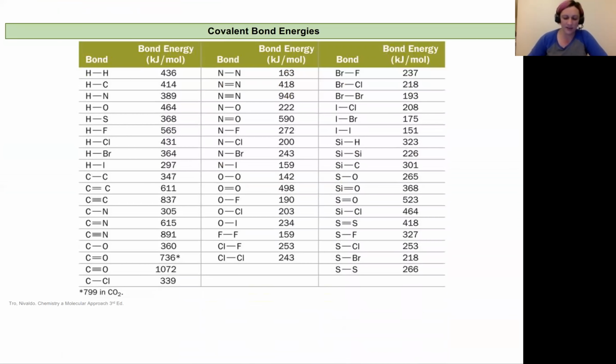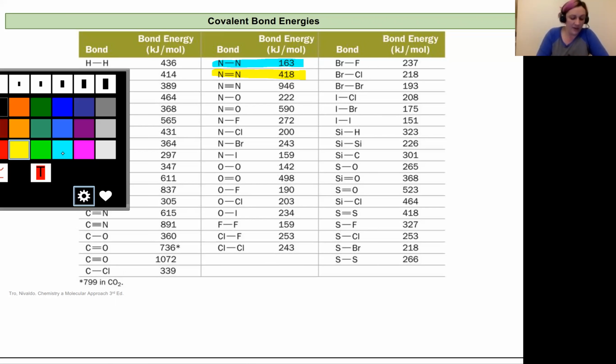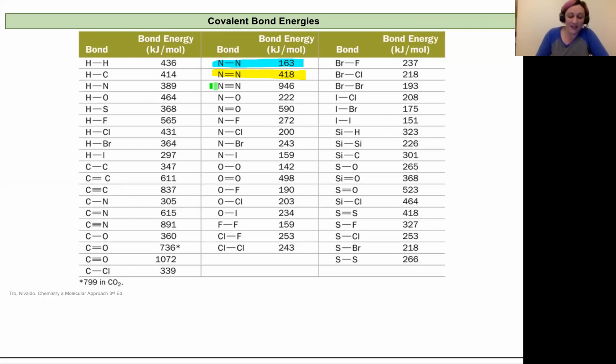So here is a table of bond energies or enthalpies for different types of bonds to give you an idea of the amount of energy that goes into breaking it. And I'd like to draw your attention to a pattern that we see. So let's look at nitrogen. This is great because I have nitrogen with a single bond. And it takes about 163 kilocalories for every mole of that bond to break. A double bond takes 418 kilocalories per mole to break. It's a lot more energy. And that triple bond for nitrogen,